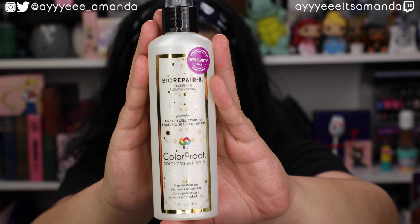for $32. I couldn't even tell you the last time I used a hair dryer on my hair. It's just something that I have skipped throughout the years. It's always been a way for me to at least cut down on the heat exposure to my hair. So I don't know if I will get any use out of that, but let's see what other benefits it